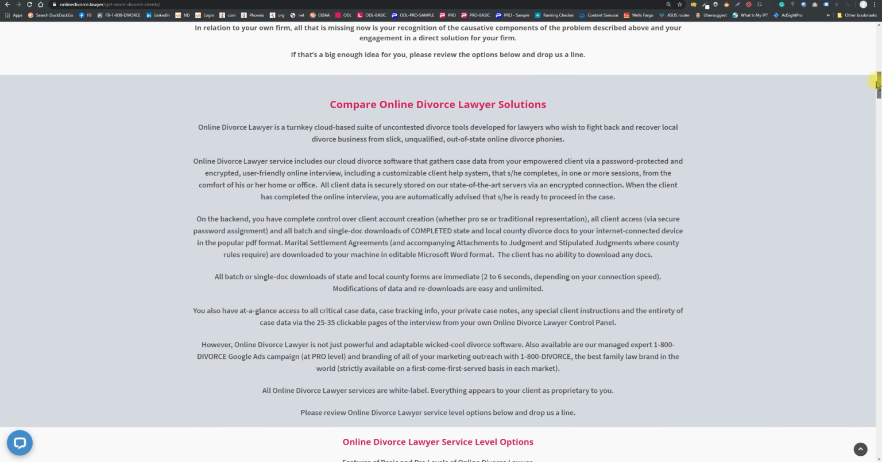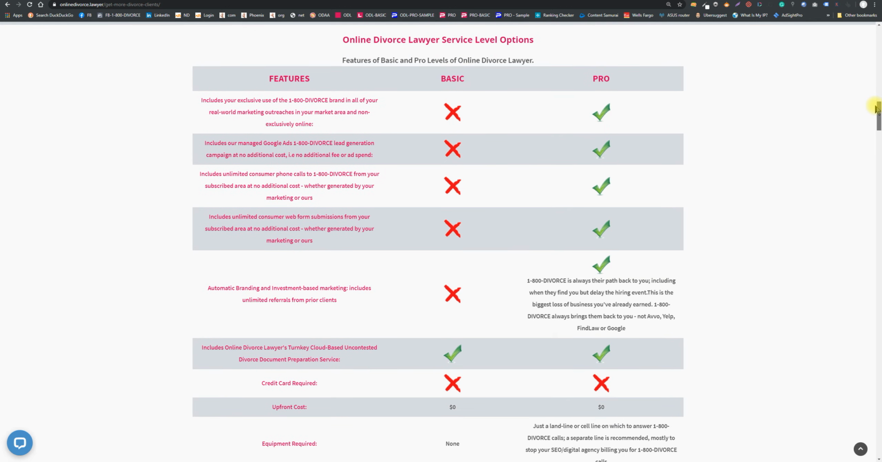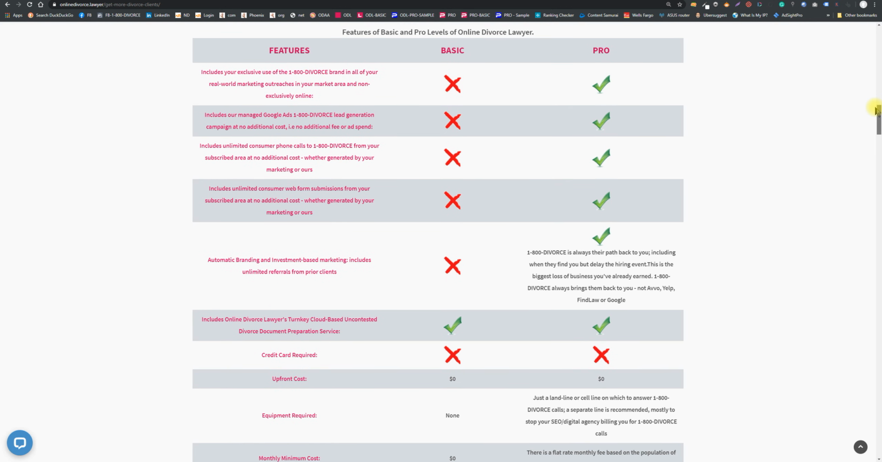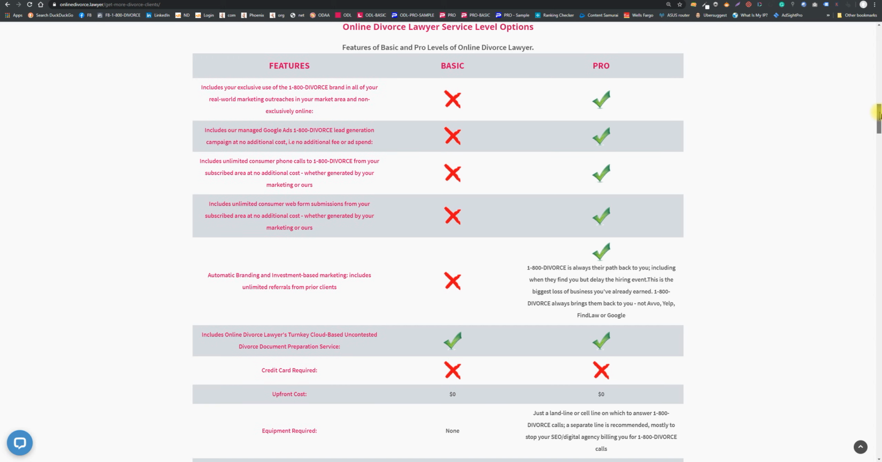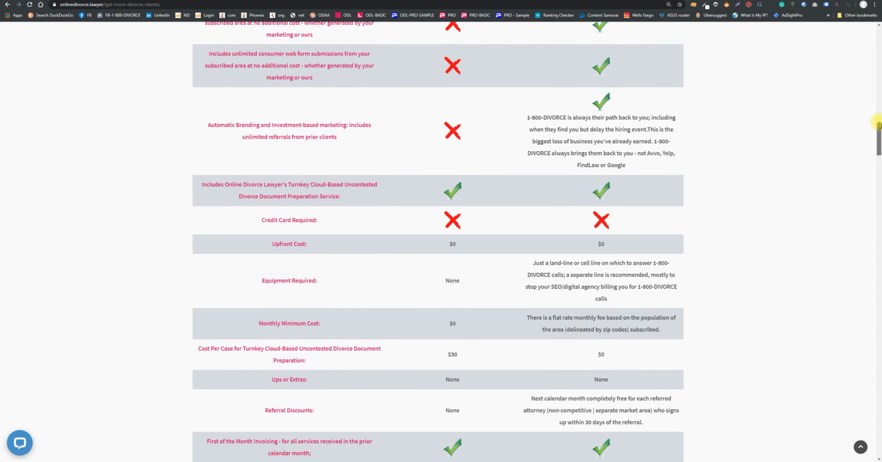You can come back and read that. Another comparison table comparing this time the basic level of service with the pro level of service. Just by way of a brief description, the pro level of service includes everything, the whole 9 yards. The basic level of service includes only the